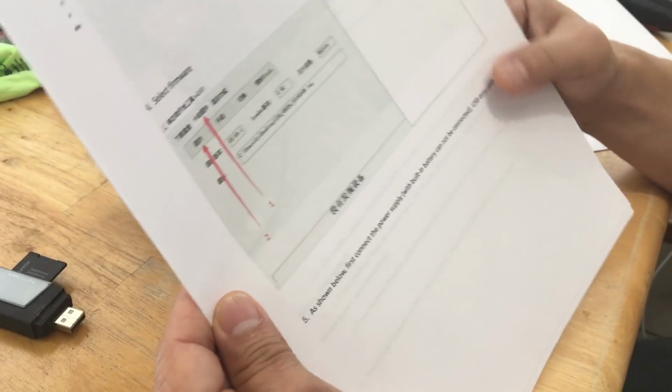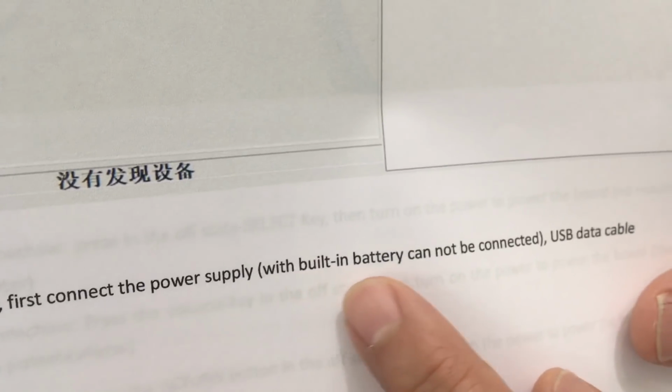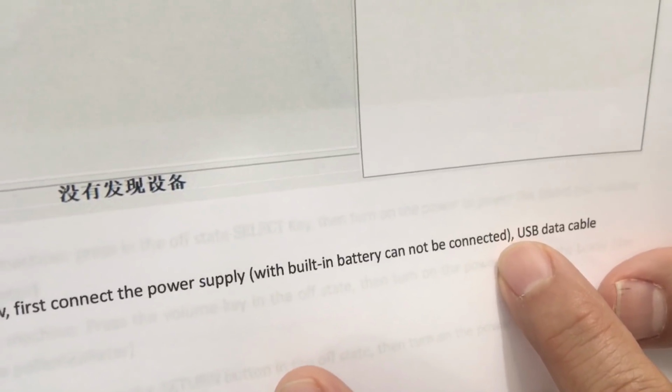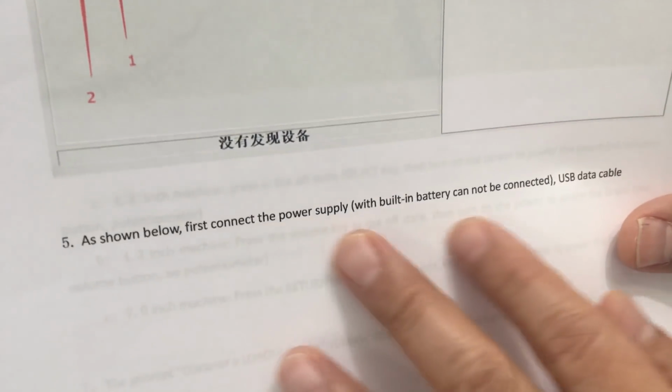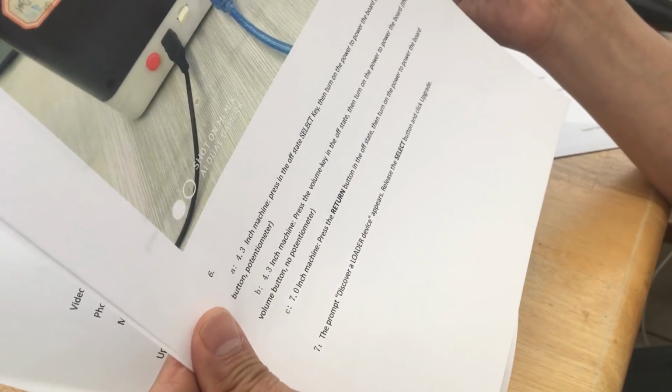So I don't know that, but also based on this instruction, it says select the framework, but it says it prefers that the built-in battery cannot be connected. So before I do all this, I have to take the battery out. So that's interesting. I don't know that I need to do all that to get this thing going. And then you continue on installing the rest of the stuff. Okay, but